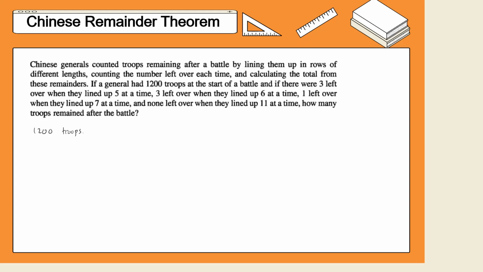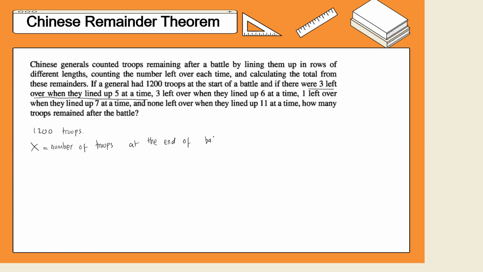at the start of the battle, there were 3 left over when they line up. Okay, so we know that there are 3 left over when they line up 5 at a time. We can express the number of troops left at the end of the battle as X. Let X represent the number of troops at the end